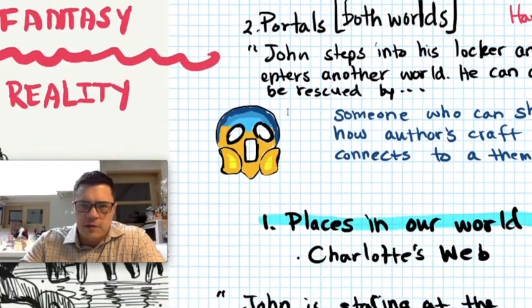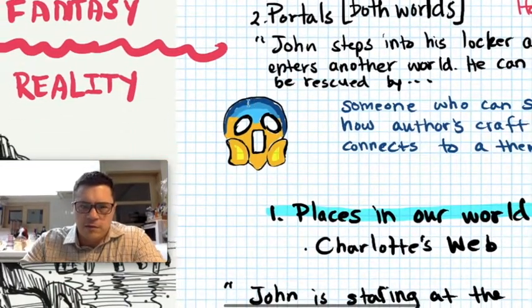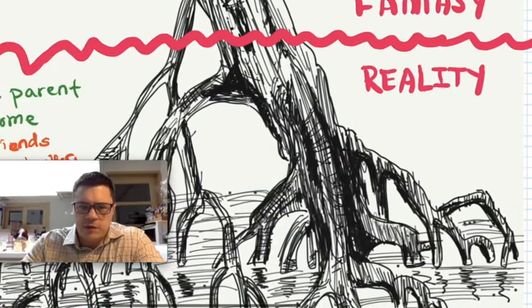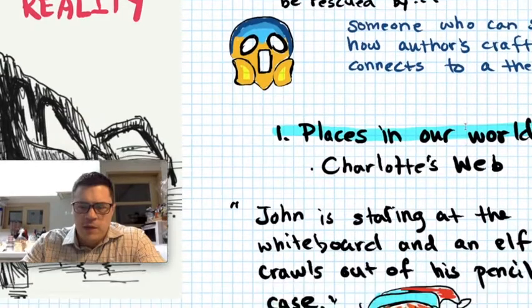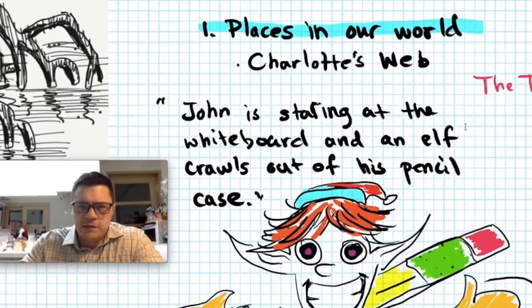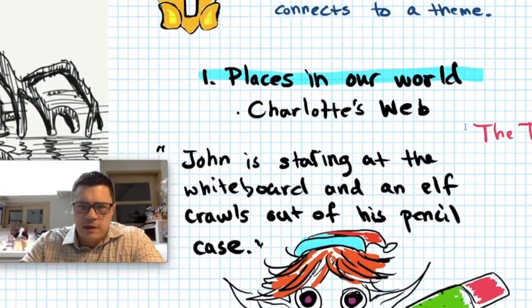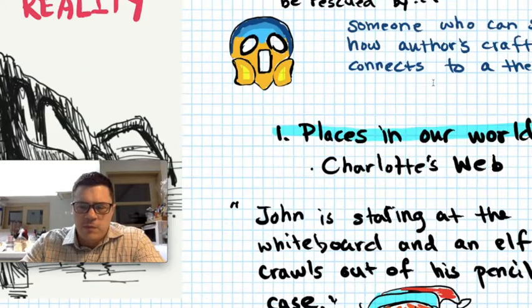I'm following my tree picture here with the roots as reality. We may have our stories take place in our world, the real world. The one that jumps out to me is one I'm reading right now to my daughter, Charlotte's Web. This takes place